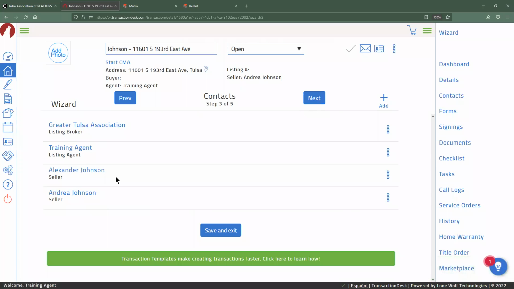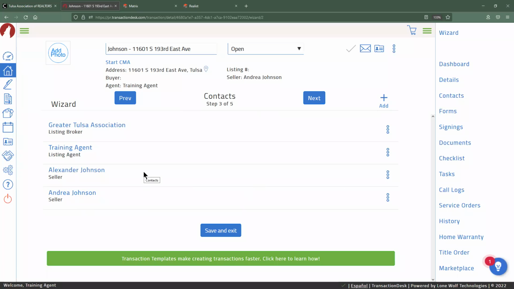But I did want to mention something. This is by far the most common phone call that we get. And I hope that this sinks in for you guys on the first try, but don't hesitate to give us a call, even if you remembered that there was some mention of this in class and then you forgot. Whenever you are going through and creating the transaction, getting the contact information filled in when you are first adding the contacts is a very important step, primarily because by the time you get to the signing process, it's just going to be grabbing these contacts and entering them into the signing process.